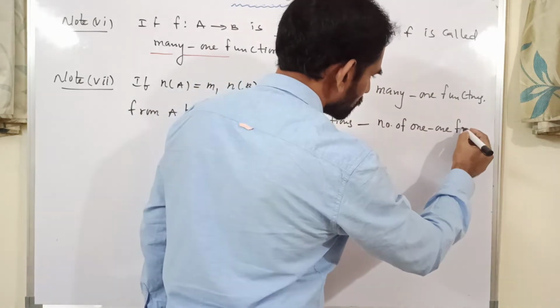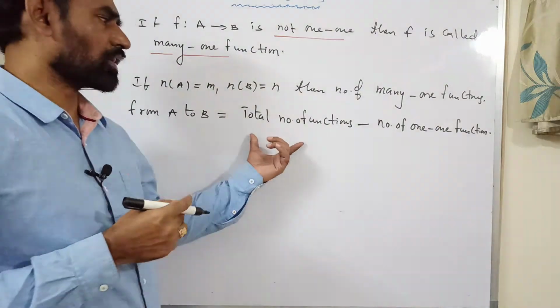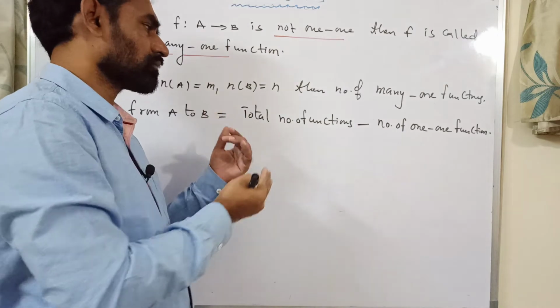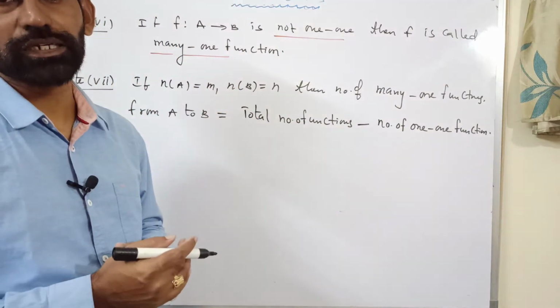Why? Just subtracting 1-1 functions. Many-one function means it is not 1-1. That's why if you subtract the number of 1-1 functions from the total number of functions, you will get the number of